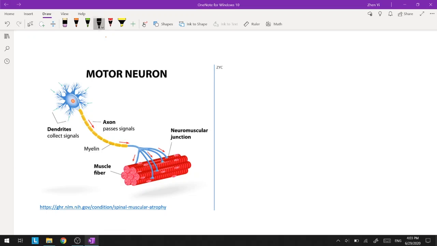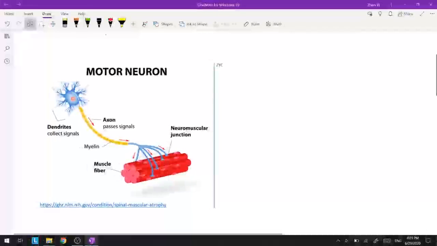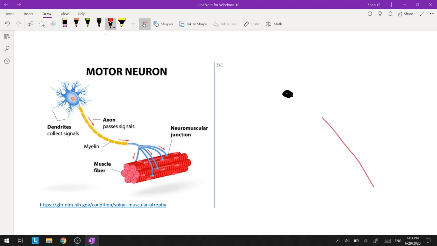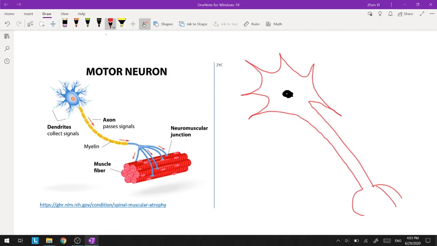So we'll start off with a basic neuron, which consists of its nucleus, a very long, unusually shaped cell membrane, which allows it to carry out its specialized role. There we go. In terms of labeling,